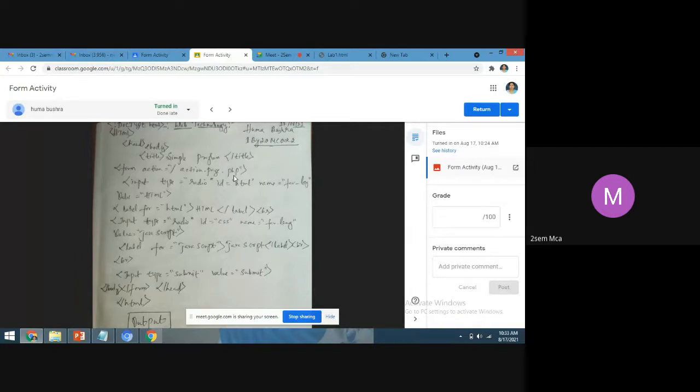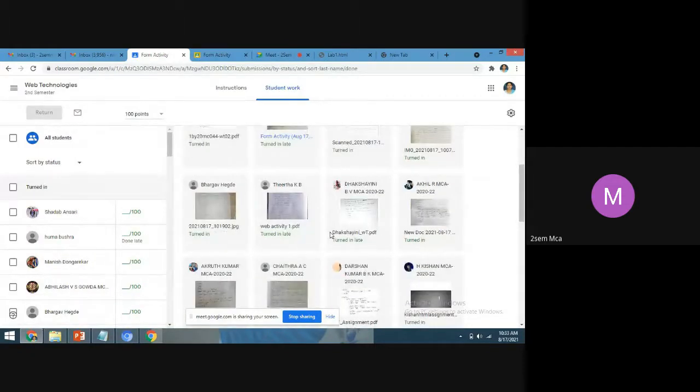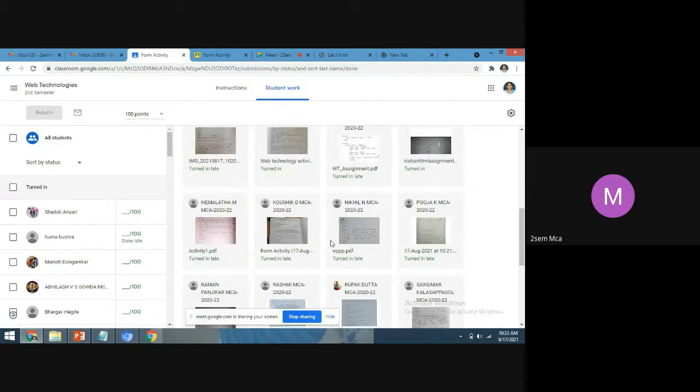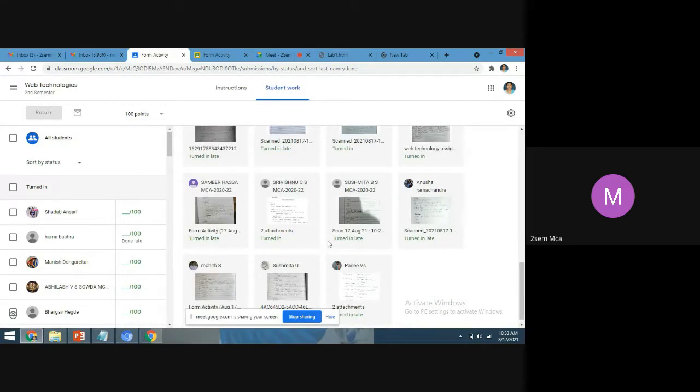Why have you written that line? Students, my intention is not that you just copy and paste, or just copy, see and write in the assessment or in the activity. Understand why they have used that line. Without that line, can I execute the program? First you think that.